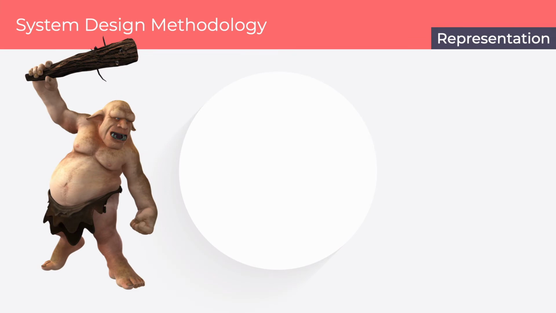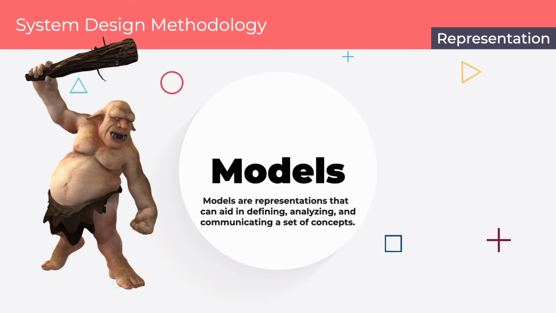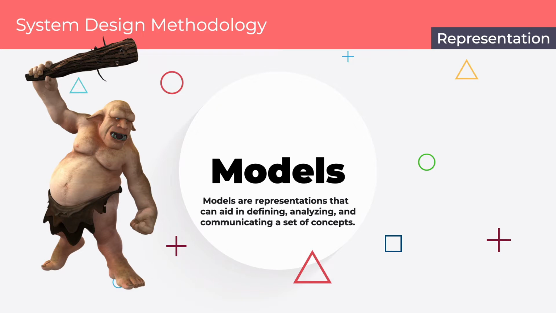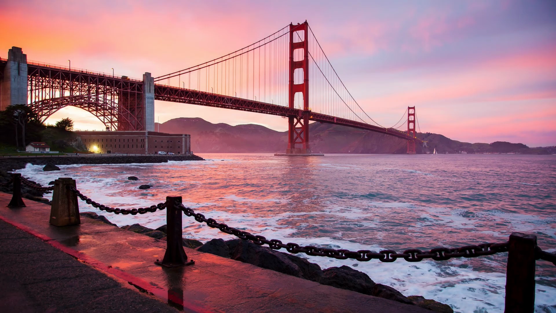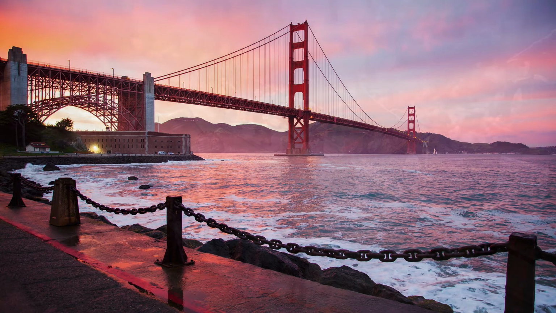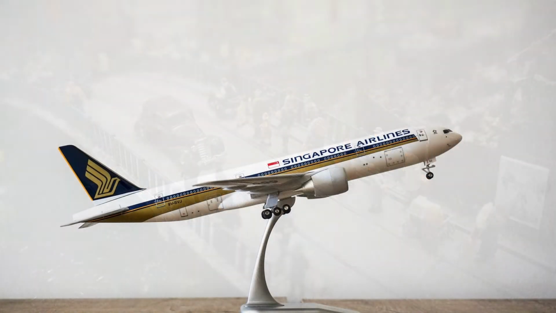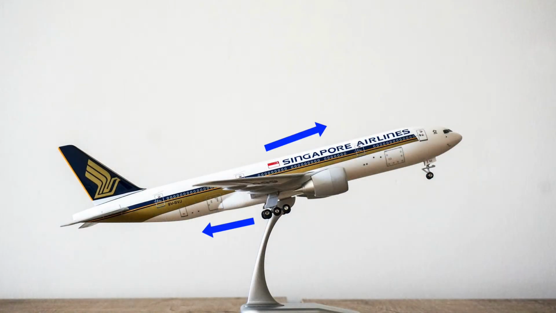Before that, let's look into what actually a model is. A model is a representation of a physical object, usually smaller than the real object, that is used to represent that thing. Models can aid in defining, analyzing, and communicating a set of concepts. We create models to understand the various aspects of a system. For example, you can create the model of the Golden Gate Bridge in San Francisco to understand its structure. Or you can create a model of an aeroplane to understand the aerodynamic principles and use it to convey the